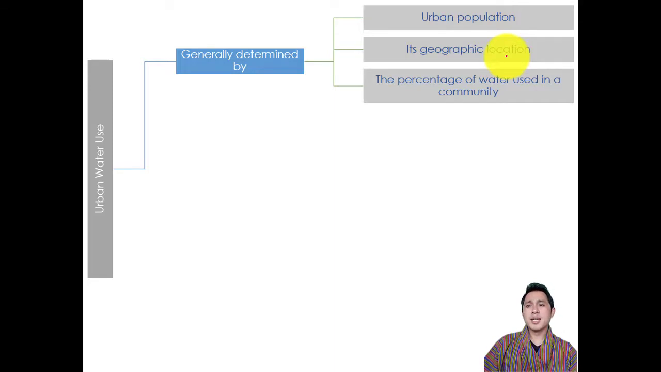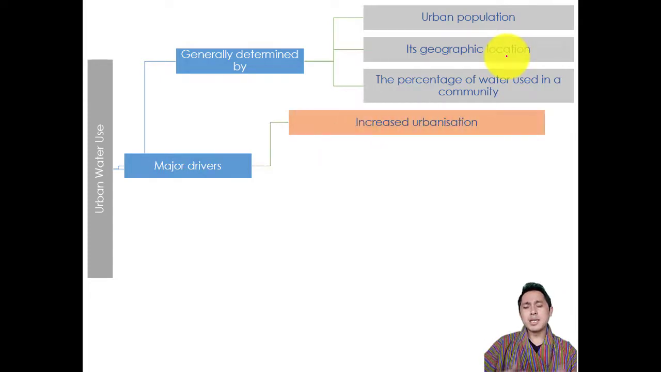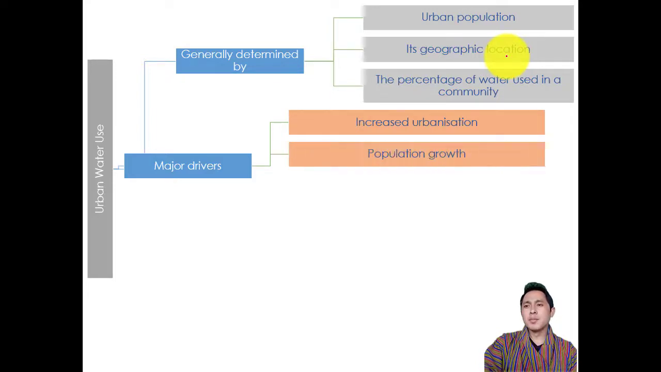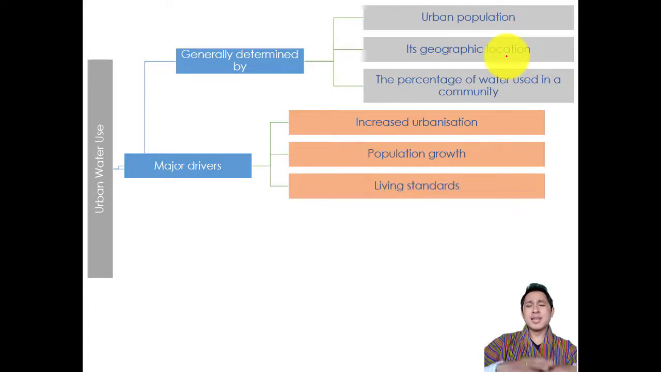So that's again the water that's being used for different kinds of activities, which will determine the water use in the urban areas. The major drivers of the increase and decrease of urban water use are, firstly, increased urbanization. The more people who are moving from rural areas to urban areas will determine the increase in urban water use. Population growth, definitely. Living standard: the higher the living standard of the people,